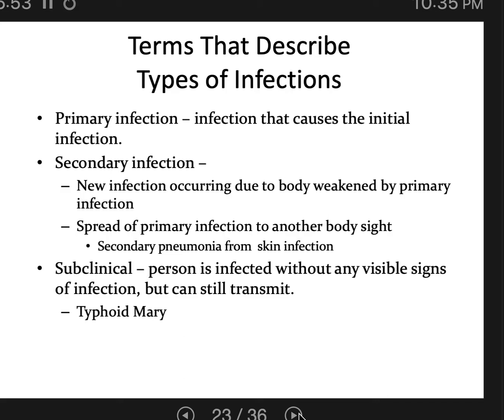Now, health officials deduced that it was her because sometimes she worked in a public setting for a lot of people, like at a restaurant. Sometimes she worked in rich people's homes. But everywhere she worked, people were coming down with typhoid. So health officials determined that it was her. And at the time, nobody understood that you could have a subclinical infection. People didn't understand asymptomatic carriers. They didn't realize that you could have a pathogen and not be sick. But they figured it out because of her.